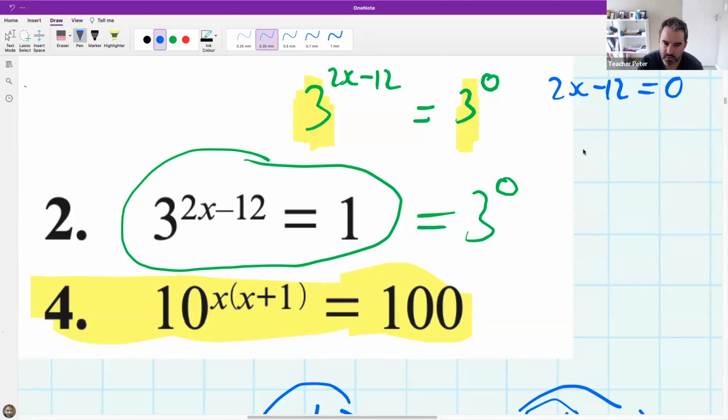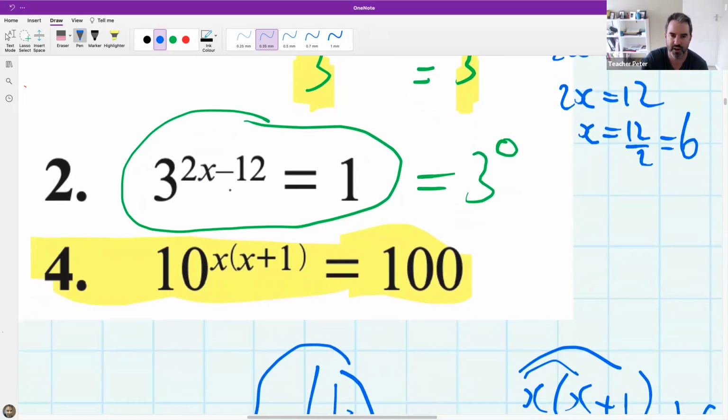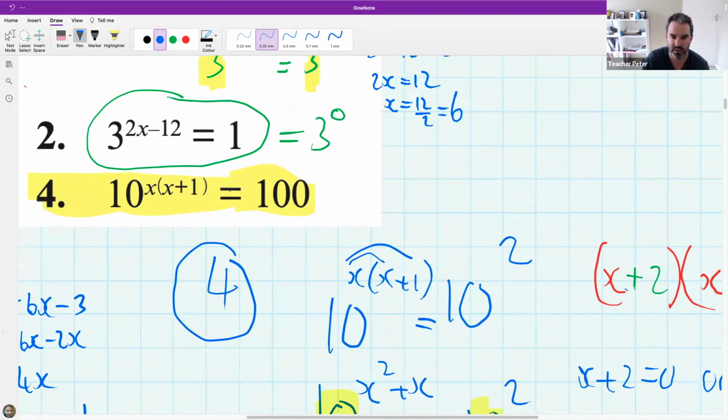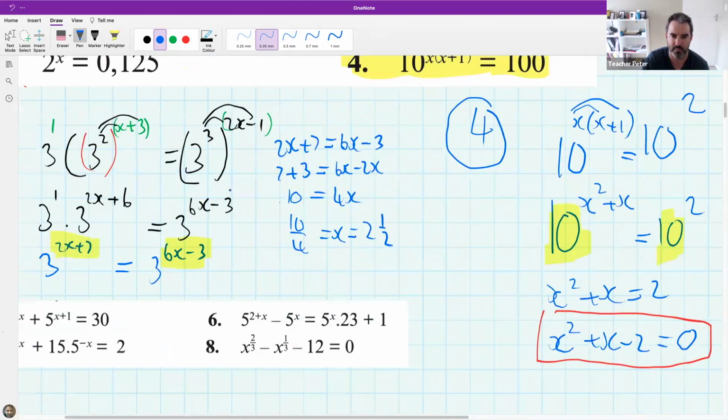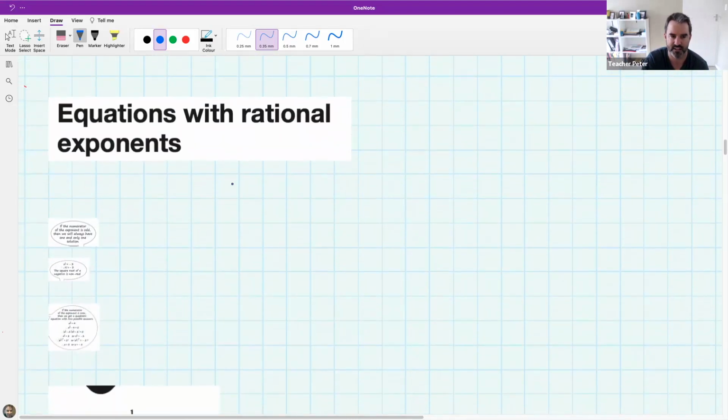What do we think the value of x is going to be? I think we bring the 12 across, and then we divide it by 2, and we get the answer x is 6. Got it. You are brilliant. Okay, you know what? You've outgrown this type of question, so it's time to move to a different type of question, and that is equations with